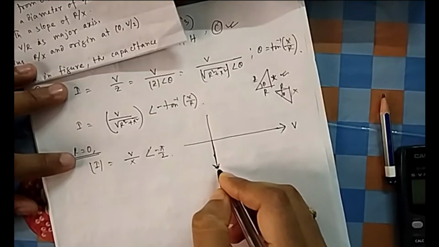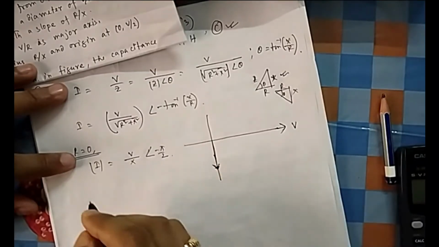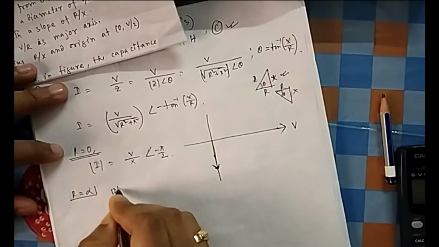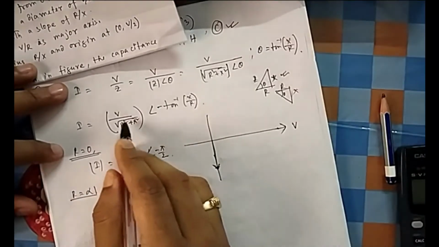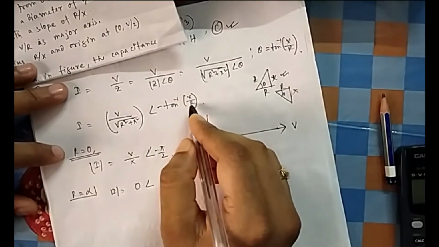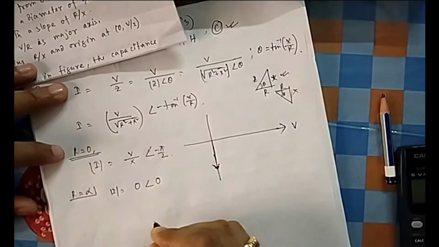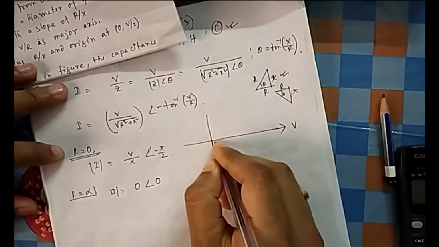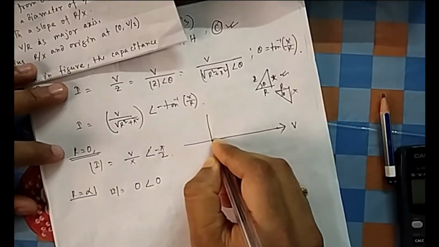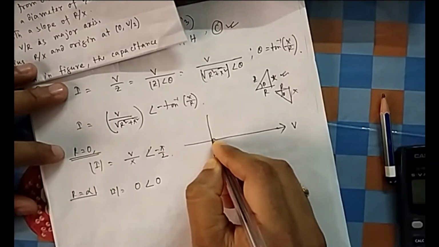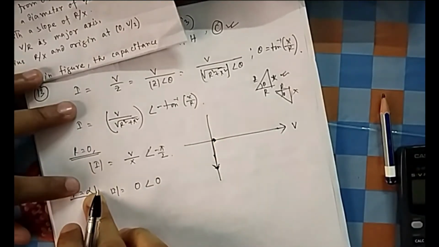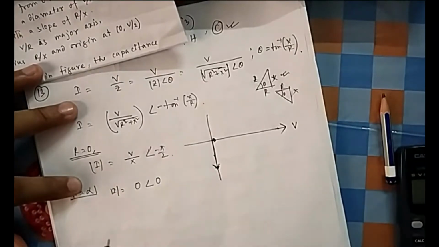They are asking how the tip varies. Let us take two cases first, and if required we will take in between. If R is infinity, then the magnitude is 0 and the angle is 0. So angle 0 means it should be in this direction, and because the magnitude is 0, it will be very small, as you can think, because you are approaching infinity, which means you are approaching 0, not exactly 0.